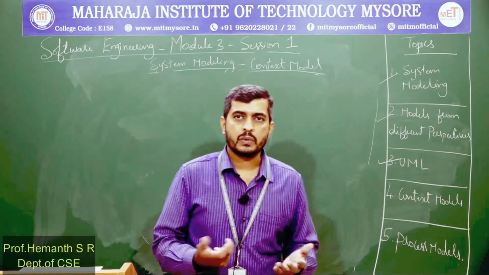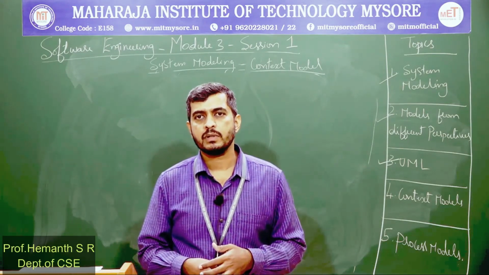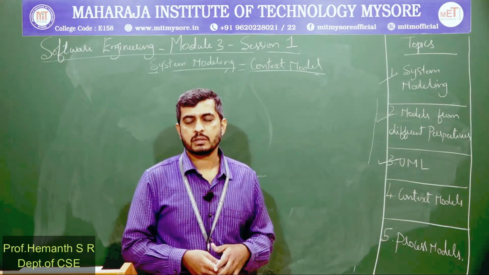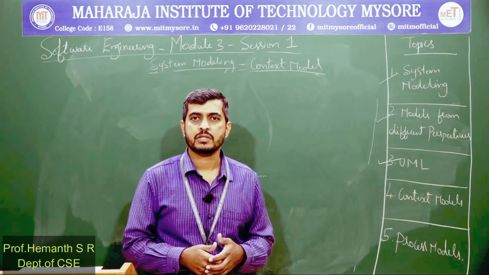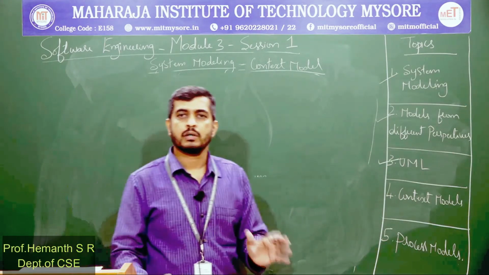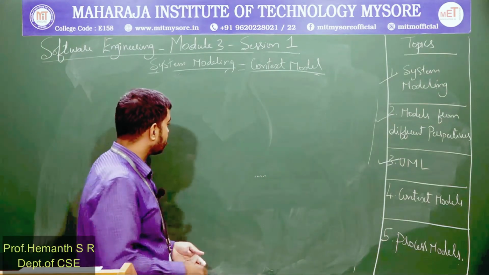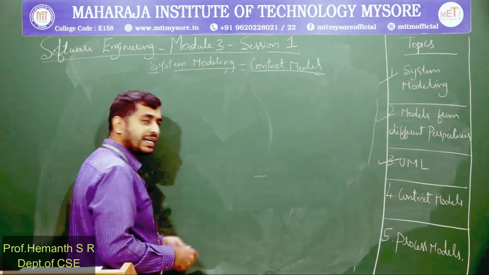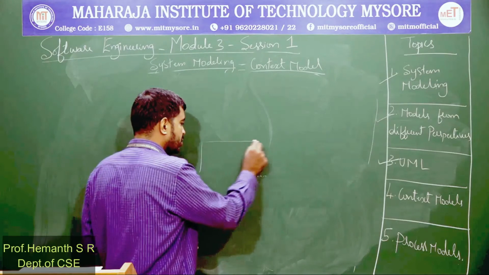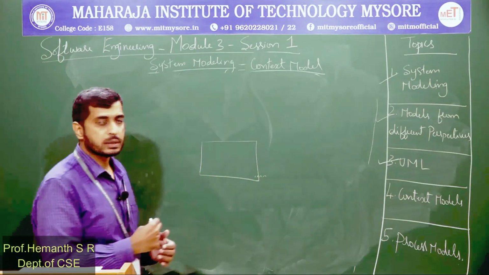So how exactly can it be done? I will discuss a small example, and also we need to consider the notations. You cannot bypass the notations. The notations defined in UML for the context model, we should use them. What are those notations? We will try to explore. I will present it at an abstract level, just to help you understand how exactly a context model will be written.